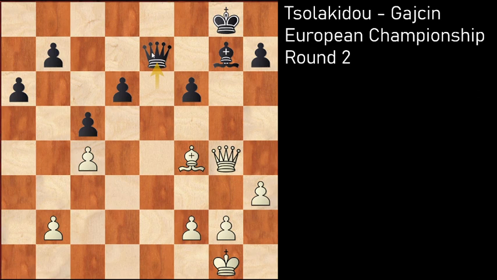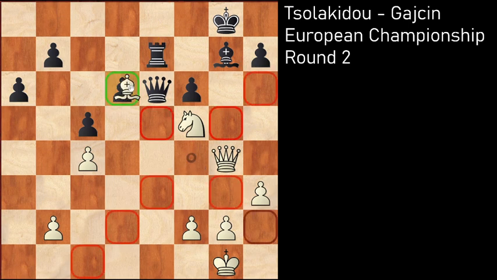Maybe black is even better in this position, so the whole point was not to return the exchange back. And now the killer move here was bishop takes d6. And let's go back a bit. So in this position,